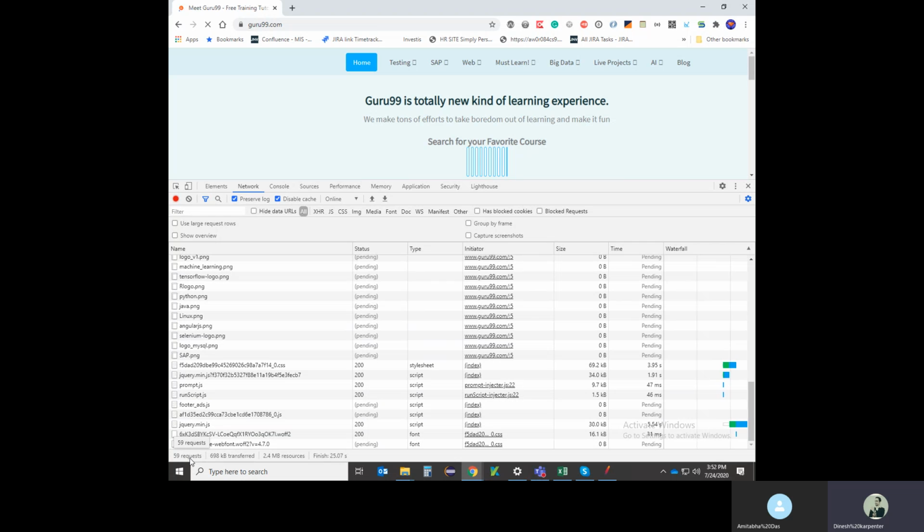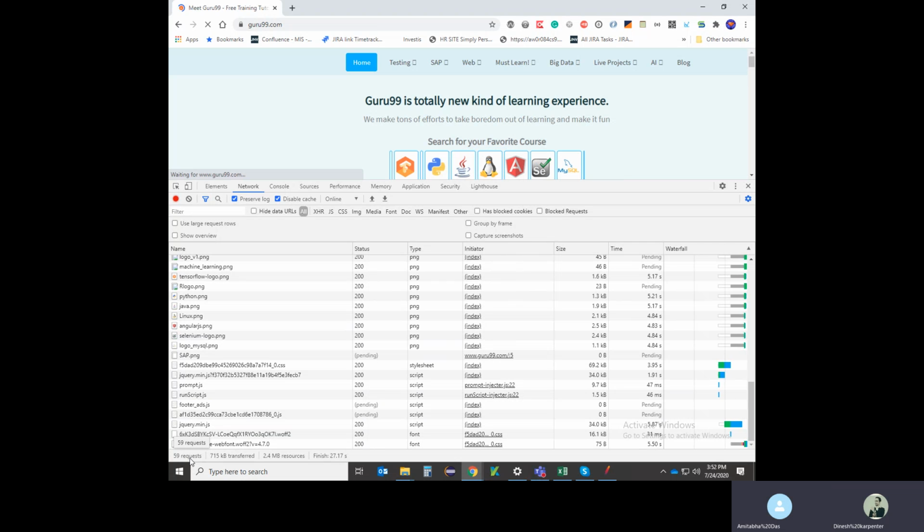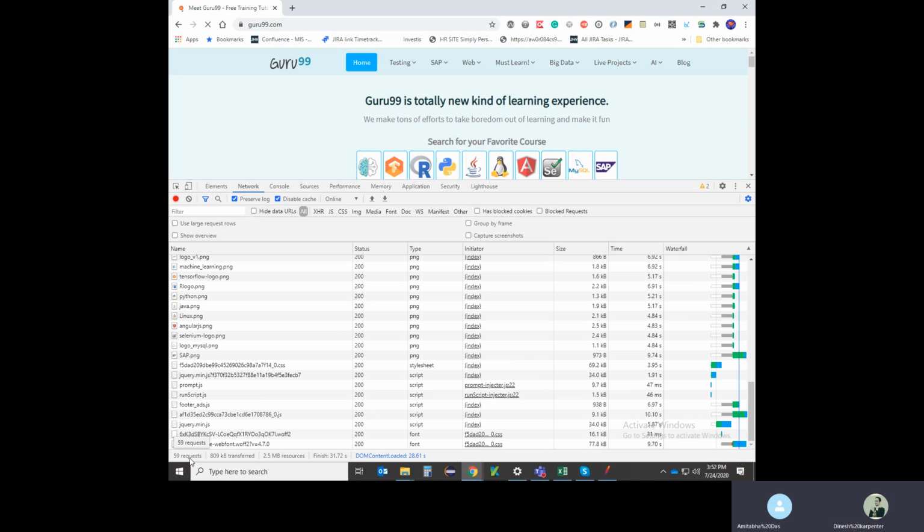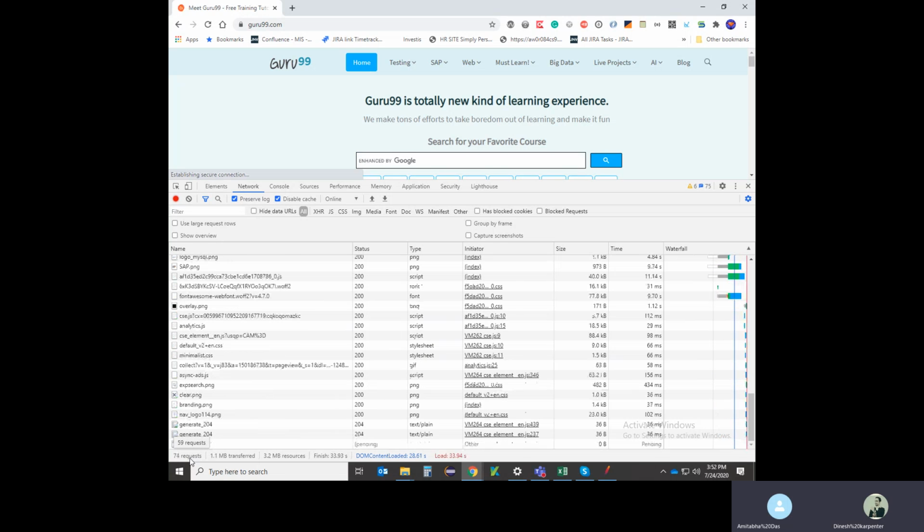Are you able to see here? 59 requests are there in this console, right? So for a single page, sorry, now it has increased, it's 74 total page load requests.